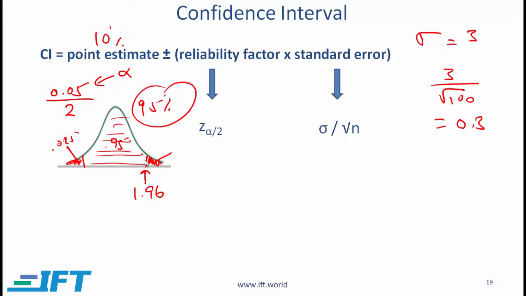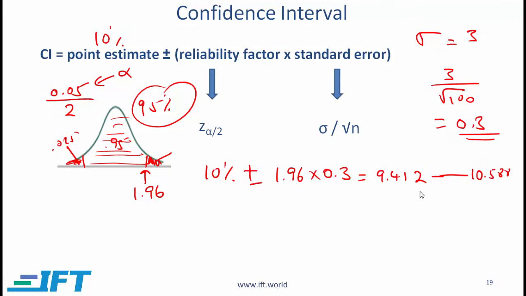If your manager says that he wants 99% confidence, then clearly we will need a higher reliability factor. But let us just come up with a range given 95% confidence and given this value for the standard error. Essentially, our answer becomes 10%, which is our point estimate, plus or minus the reliability factor, which is 1.96 times 0.3. So this essentially is our range. If we come up with the precise numbers, we'll get 9.412 to